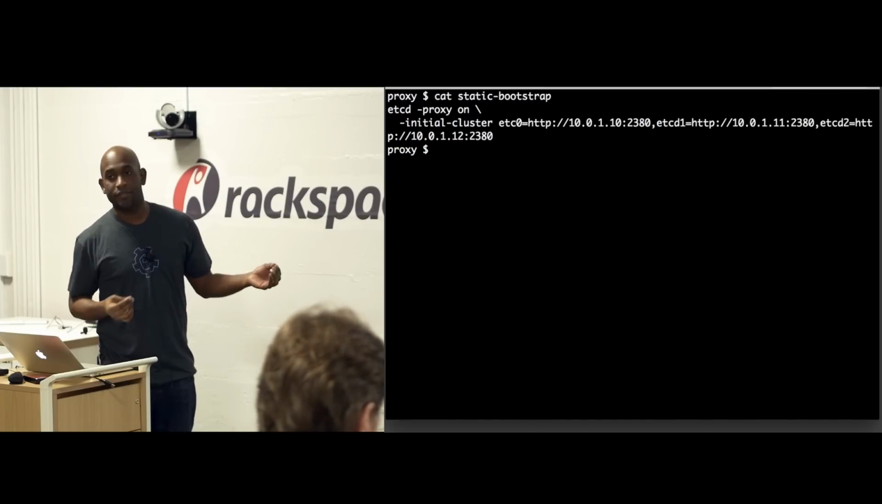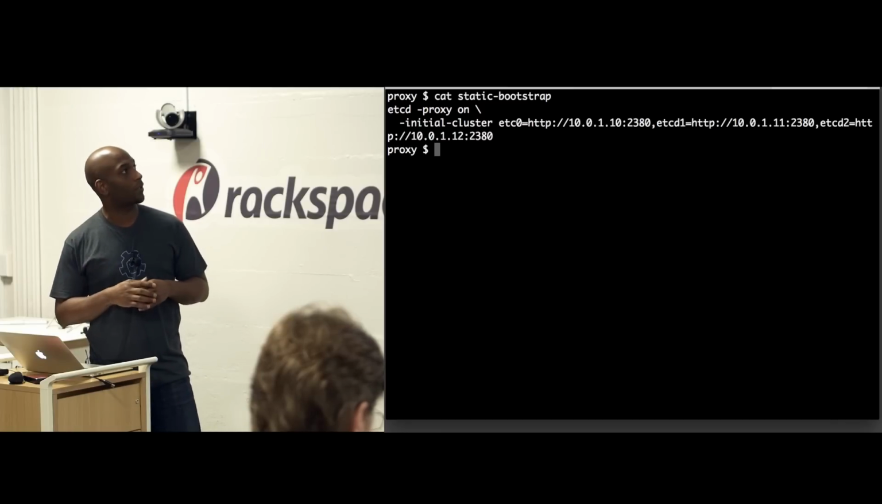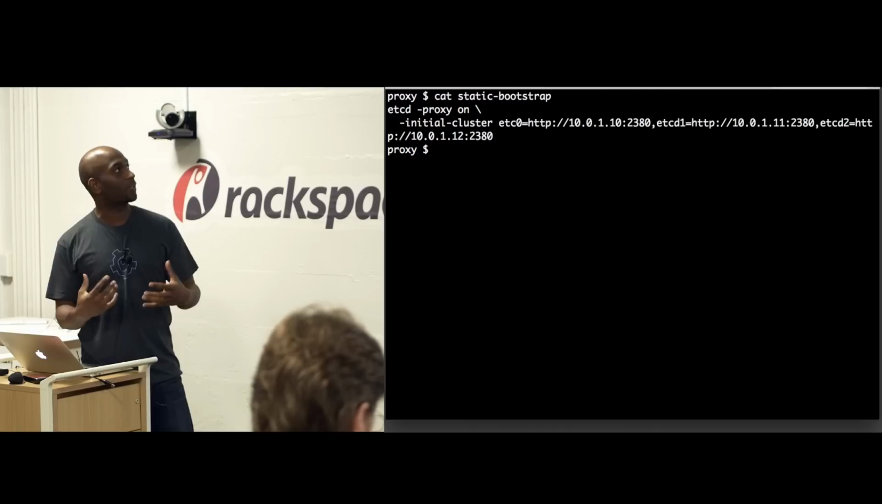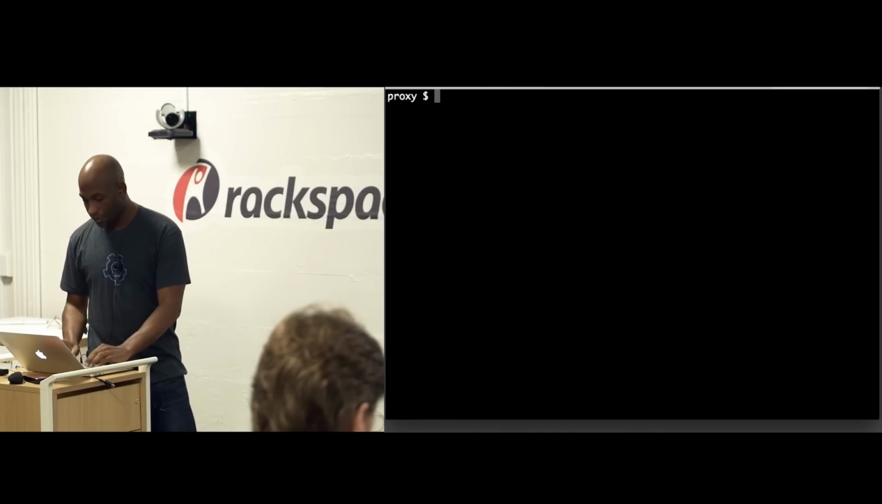And here we're giving it the list of all the nodes. So this is ideally how we want you to run it in production. Every node or every client gets this config. And if we run it,